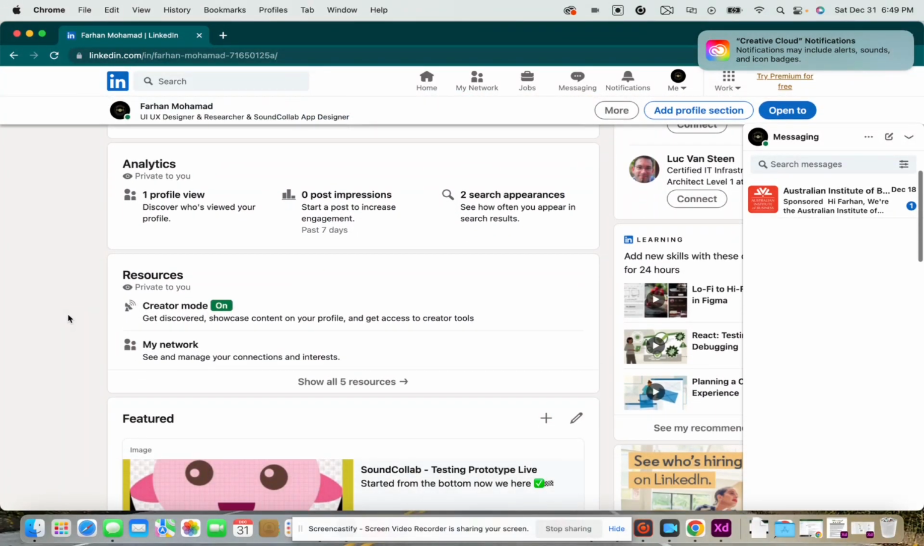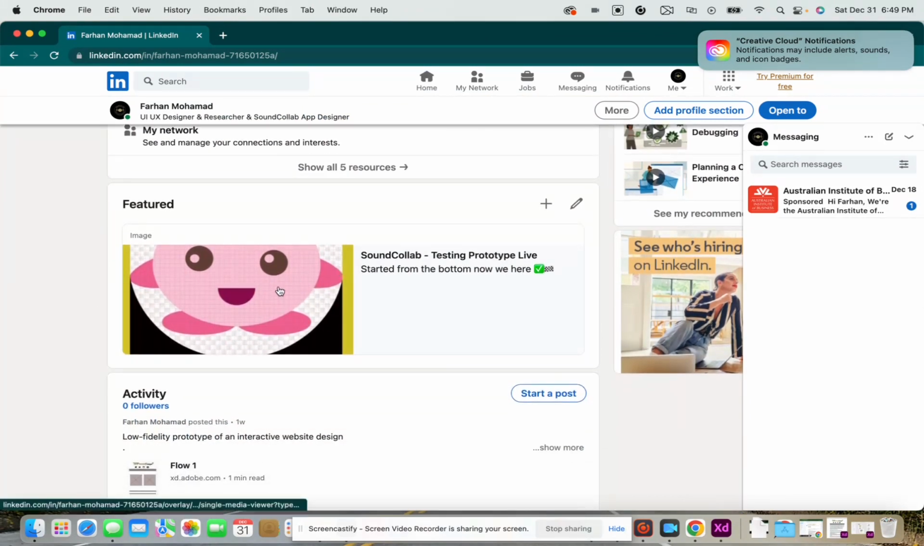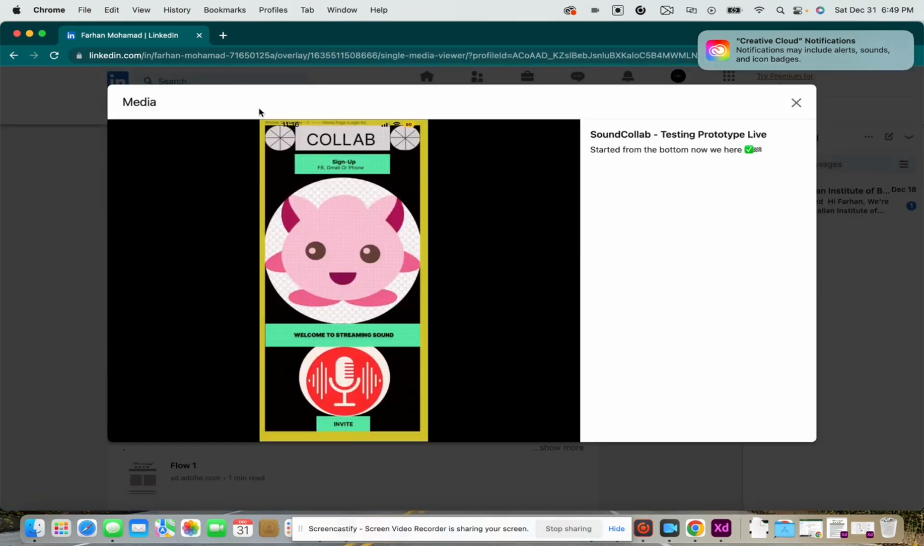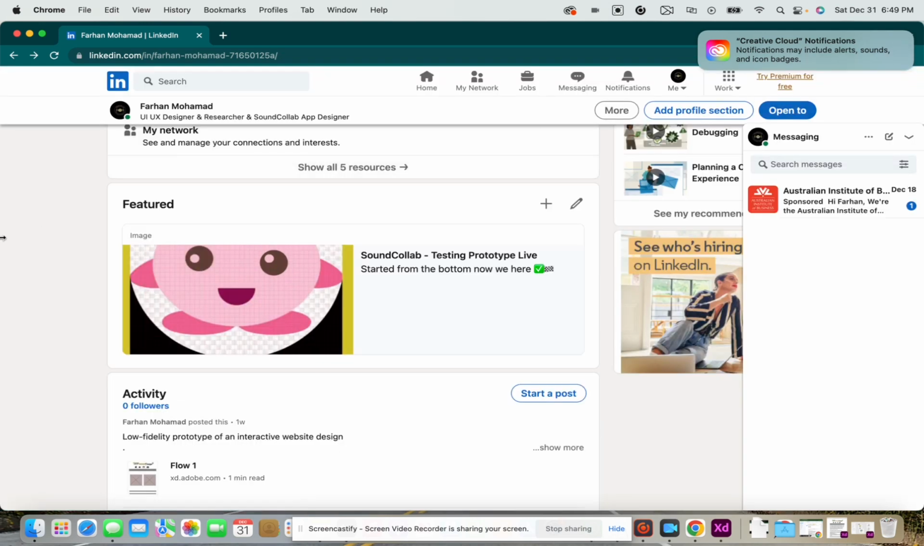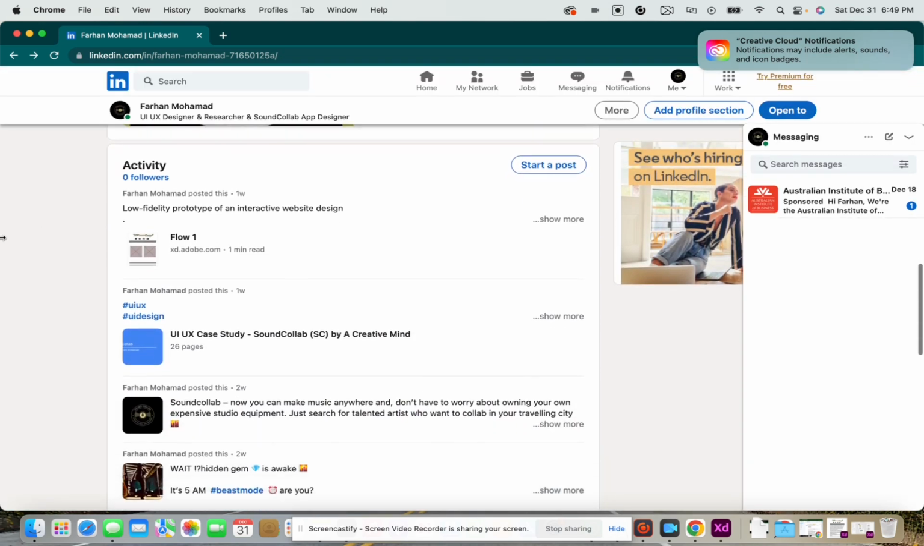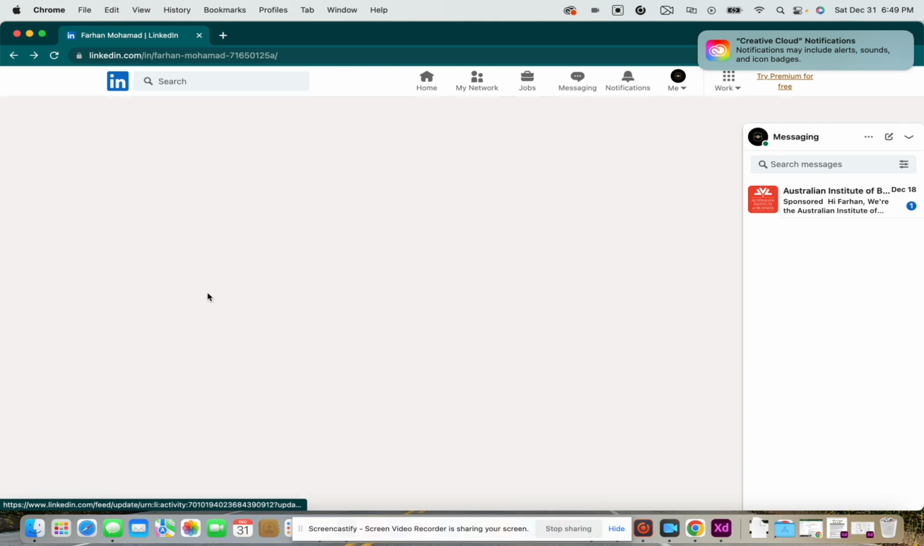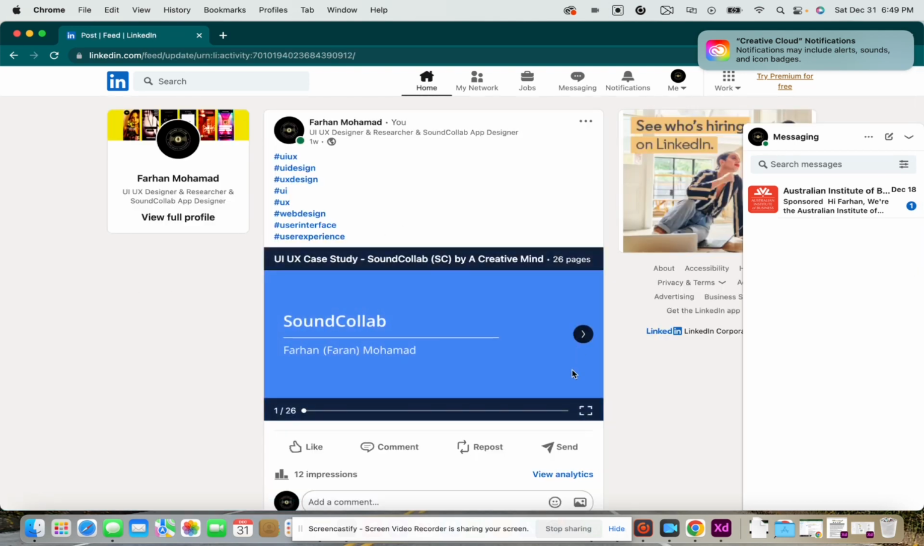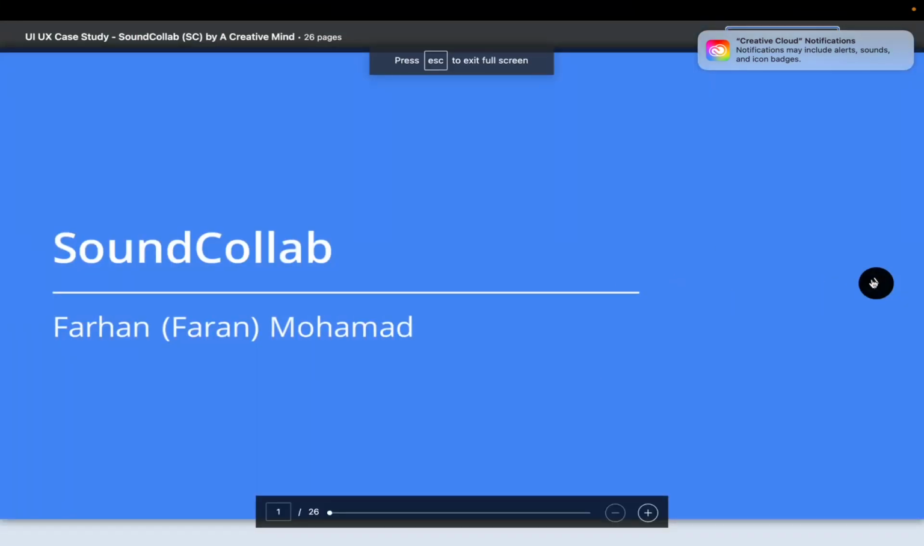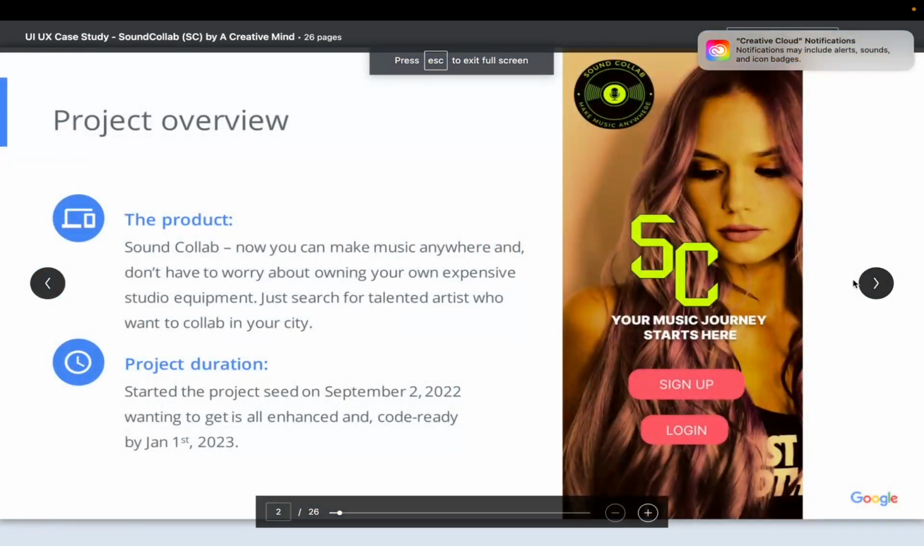One profile view. SoundCloud started to look like that, like a picture of a Pokemon, and then it went into what I showed you. It can still get a lot better, but here's the UI UX SoundCloud case study. Let's go over this quickly. Farhan, product. Now you can make music anywhere. Don't have to worry about your own expenses. So my goal was to finish in 2 months, but because I took a break for other things,